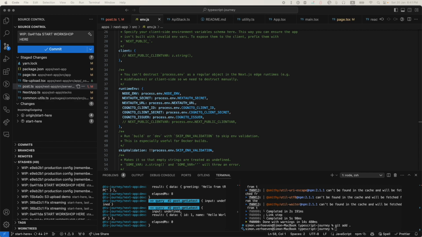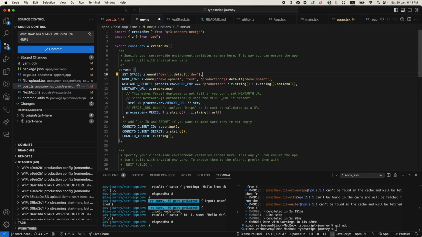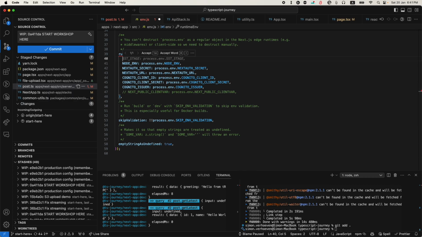And what I can actually do is go on the server configuration. So this is going to be available on the server. And I'm going to say SST stage is equal to an enum. For now, we only have dev, and the default is going to be dev. So if it's not specified already, then it's going to be dev. If the server provides a different one, it's going to be a different one. We also need to then provide that down here. So what we need to do is, for the runtime environment, we just say that the SST stage is equal to